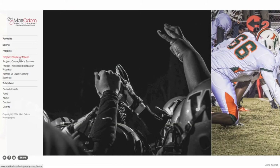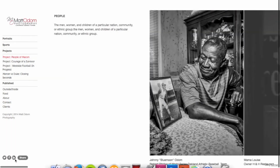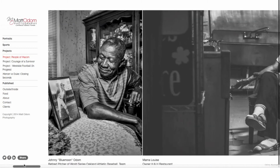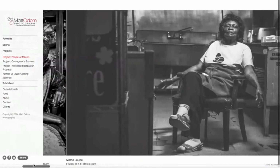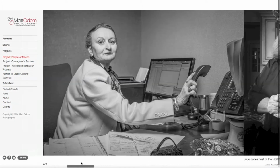He has a few different projects on his site, and I think it's great that he has projects, but I don't think that the projects are doing much for him right now. He has People of Macon, which isn't really showing much about the place itself, but there are some strong portraits in here, so I think it